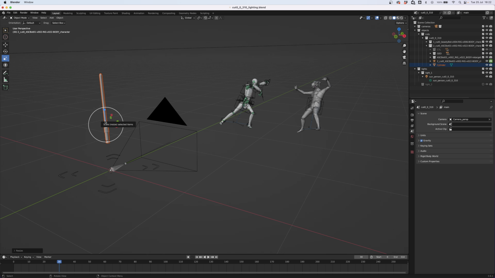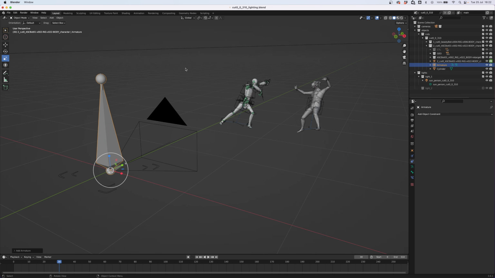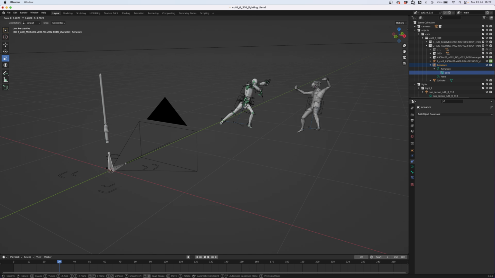And then to attach the sword to the armature of one of our characters, we need to make a new bone. So we press Add, Armature, and it creates this individual bone here. And again, we can scale this down, move it up so it's going to be somewhere in line with our sword. Just going to rotate it out slightly so we can see it.